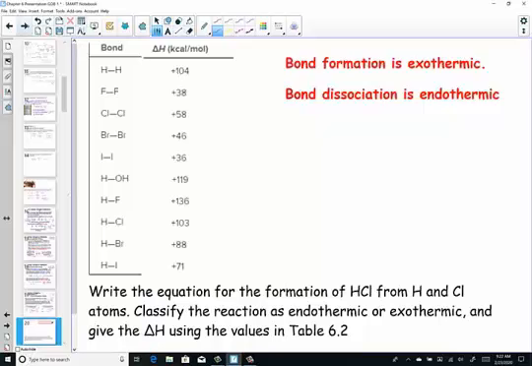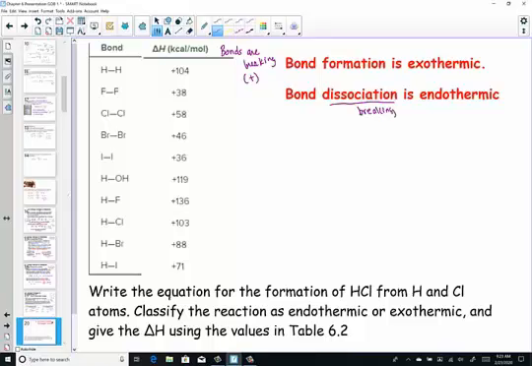And here you have a bond dissociation energy chart. I just clipped this from your actual textbook, and you place that right into your notepad as well, so you have this to look at as you solve problems. You can see the values here. These are breaking bonds. Bond dissociations mean to break bonds. And I know they're breaking because all of these are positive values, right? To break a bond means it's a positive value. To break bonds is dissociation. To form bonds is what we call bond formation.